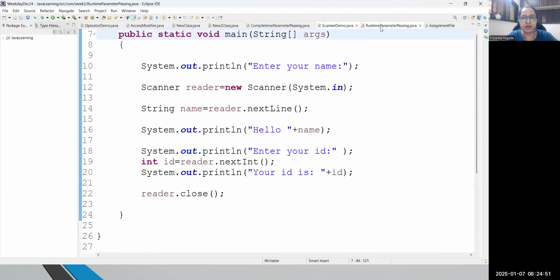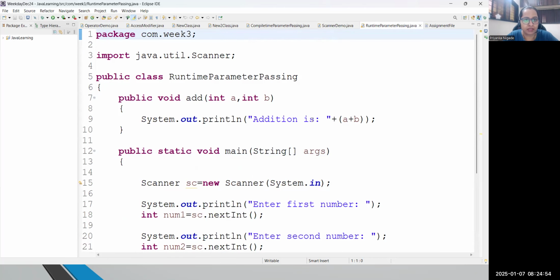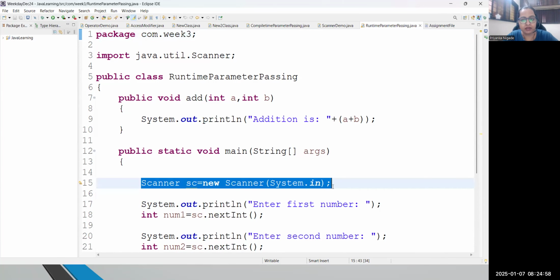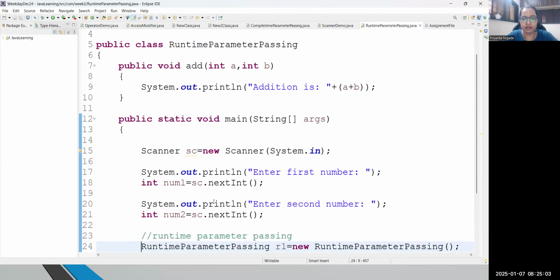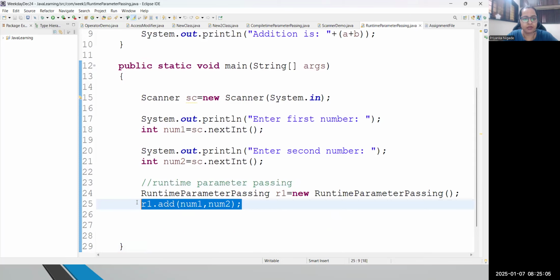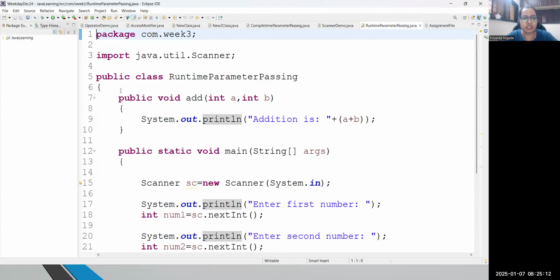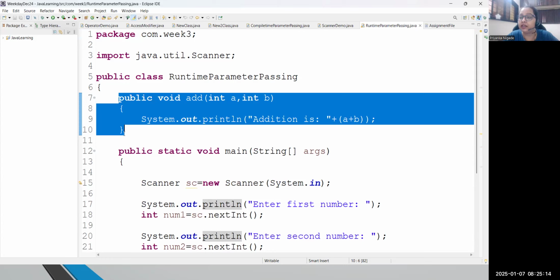Then I discussed the last example, runtime parameter passing. What exactly are we trying to do here? We are declaring a Scanner and accepting two numbers from the user, and then we are calling this method. We are passing two numbers to this addition method. And what is the addition method doing? Here we are just performing an operation; we are not returning the data. Suppose tomorrow you want to call a method and return data. That is also possible, and I think those who have completed the assignment